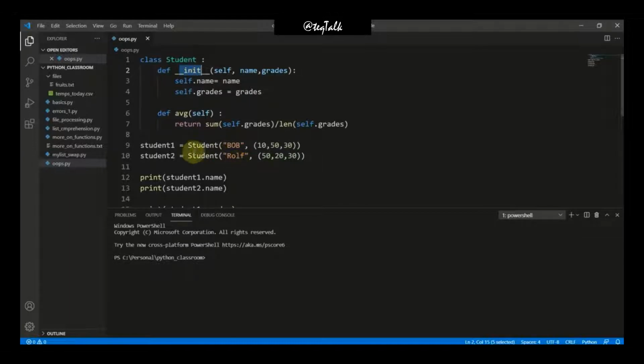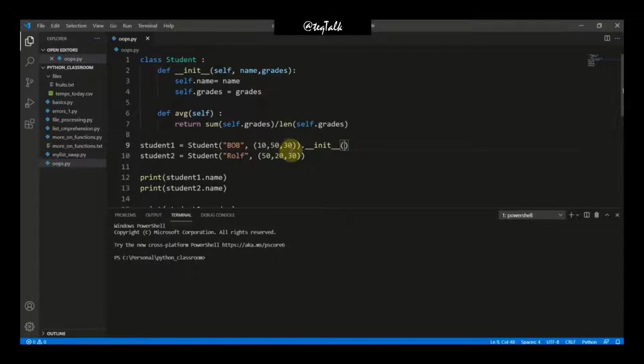Why? Because when we are creating this object student1 or student2, basically when we are calling our class like this, student within parentheses, and you are passing the name for this name parameter and the grades for this grades parameter, and creating the object student1, Python will internally call this init method, and you don't need to write like this dot underscore underscore init underscore underscore and bracket and then pass the arguments, right?